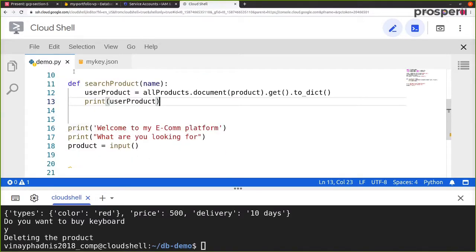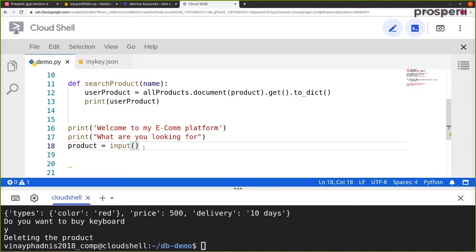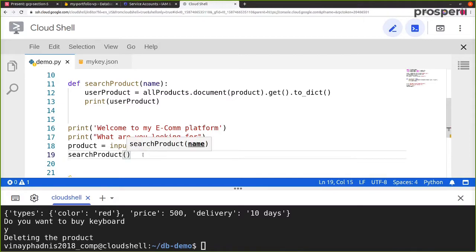Over here, after the function, as we are writing from the margin, this means that whatever content we are typing is after the function. So after this particular execution is done, then we want to work on this particular content. With this, we have asked the user, what are you looking for? Then the user has told us his choice of product, and now we want to print this product. So to do that, let's call the search product function, and inside search product, let's pass in this variable product.